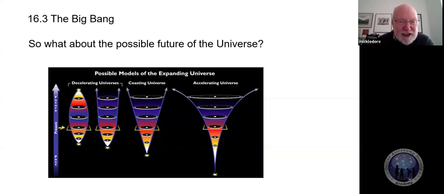I like the decelerating universe, which won't actually come to a big crunch in the future. I like the second universe. It's expanding, but at a slowing down rate. That's because I can understand the laws of gravitation to explain that. But as I said, it's not just the laws of gravitation. There's a lot at stake here. There's a lot going on.